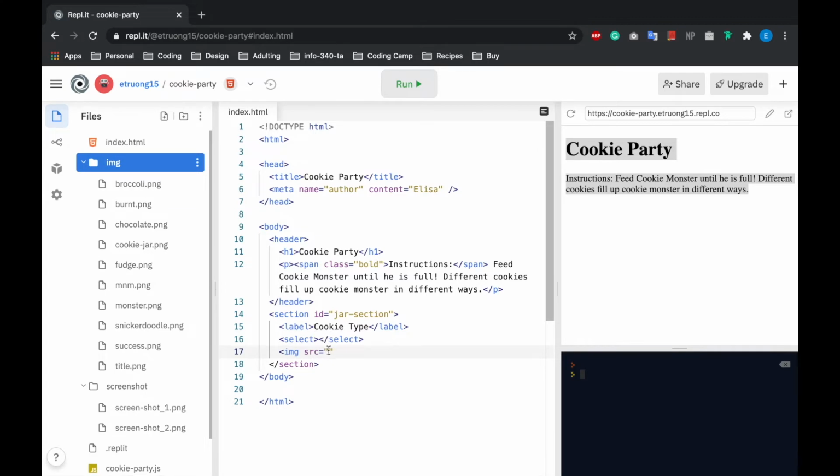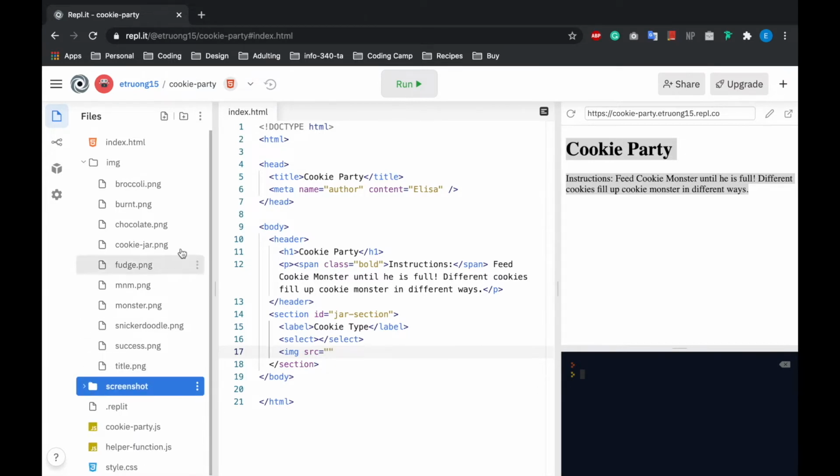To remember to correctly define the pathway of the image, and remember a pathway is essentially from the index.html file, how do I navigate to this file called cookie-jar.png? Well, based on that, from the index.html, I say, okay, it's in the image folder, slash to indicate go into the image folder, and then say it's